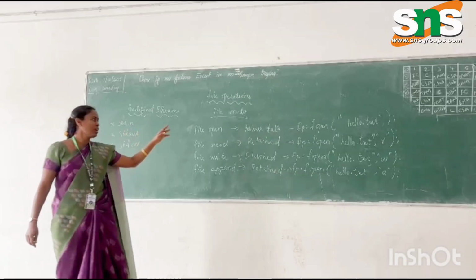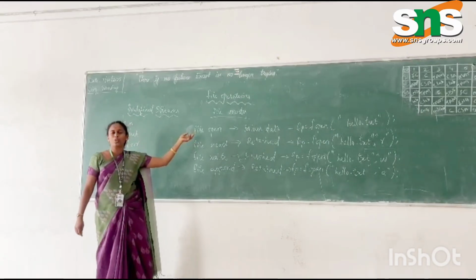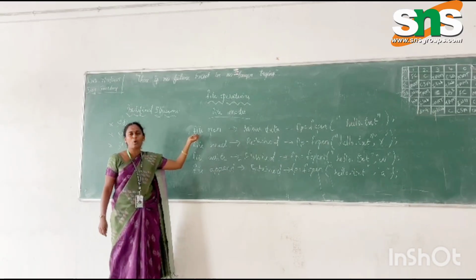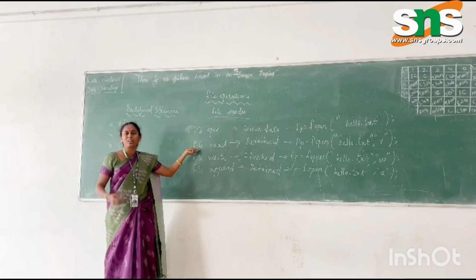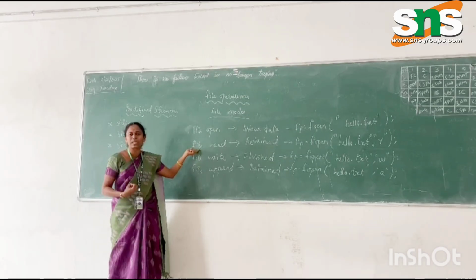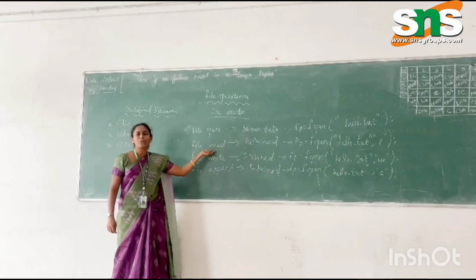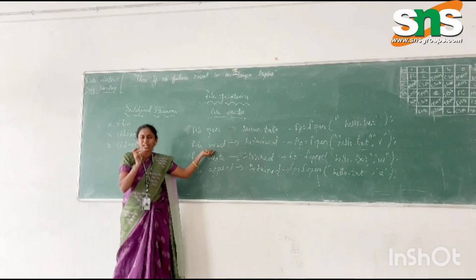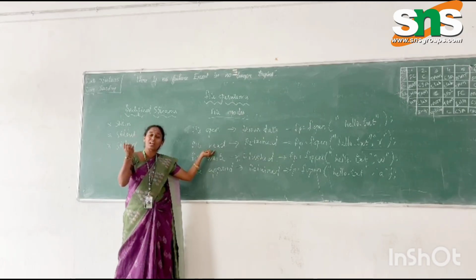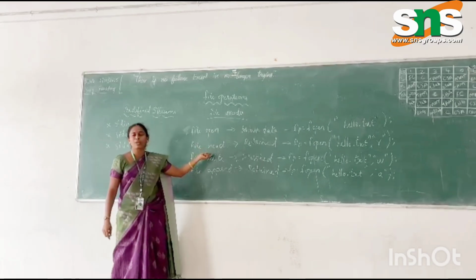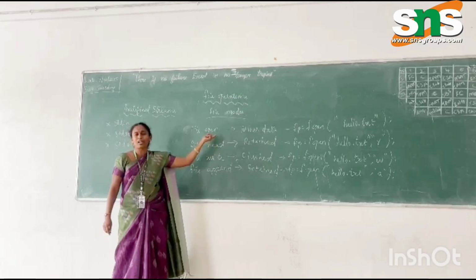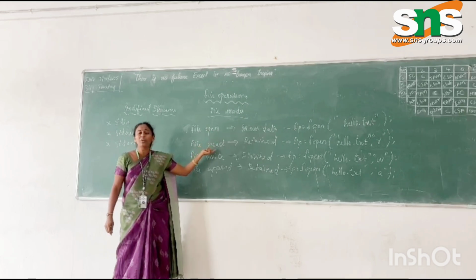The same concept: if we are trying to open an existing file, we have to use the file open mode. If you are going to read, that is, access only the data, it is the file read mode. You are going to read the content that exists in the already existing file. But without opening, what can't you do? You cannot read. Unless the file is opened, you cannot read the file.